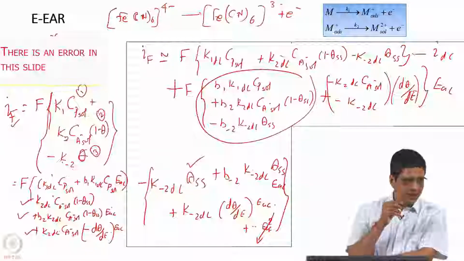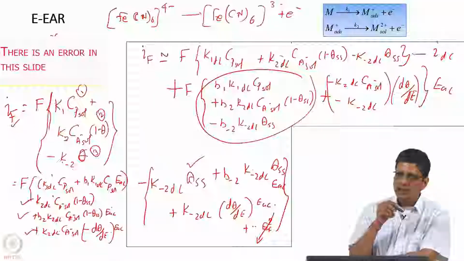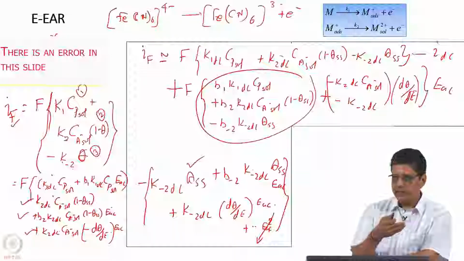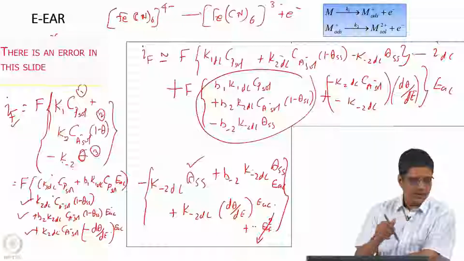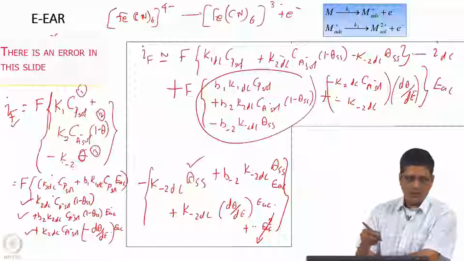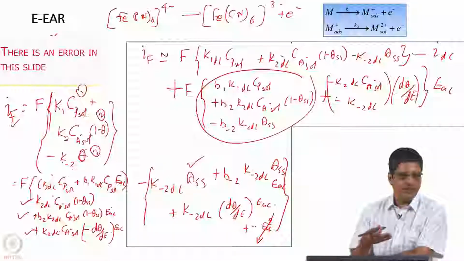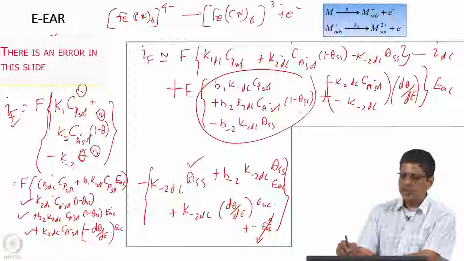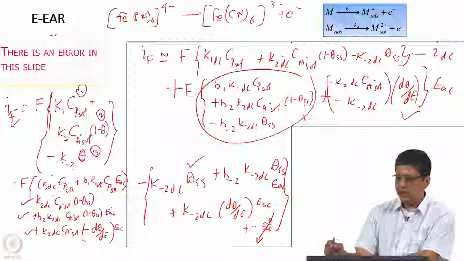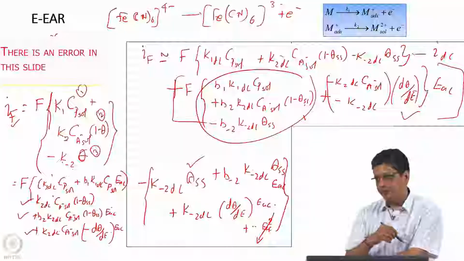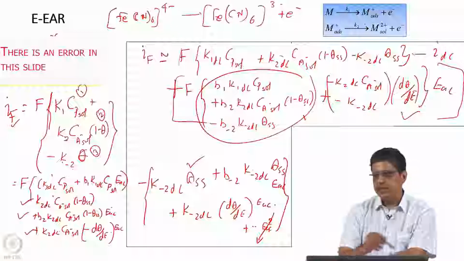That means, if you apply very high frequency AC potential, then potential changes very quickly, the rate constant will change very quickly, surface coverage cannot keep up with that, it cannot change that much. So, it is going to be negligible. Change in surface coverage with respect to potential, change in surface coverage with respect to time will be close to 0, when theoretically if we say infinite frequency we will get 0 here. That means, this is the part that remains if frequency is very high. This part will go to 0 when frequency is very high. This entire box here is IF AC, the top box here is the DC current.